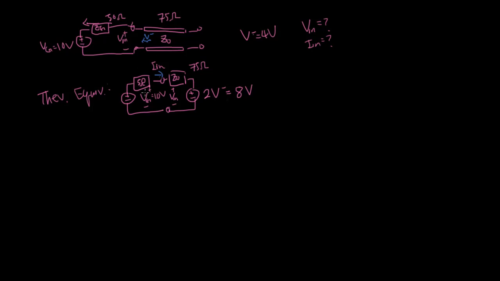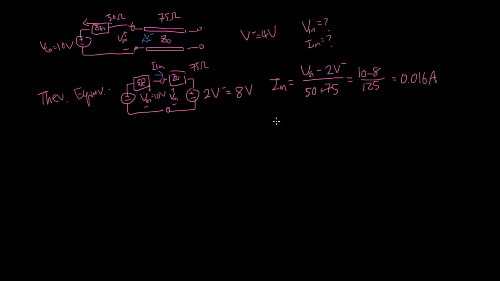So now we just have to solve this circuit. You have 10 volts, 8 volts. The total current would just be the potential drop across here divided by the total resistance. So I in will be VG minus 2V minus, that's the voltage drop, divided by the resistors in between, which is 50 plus 75. So that gives you 10 minus 8 over 125, which is going to be